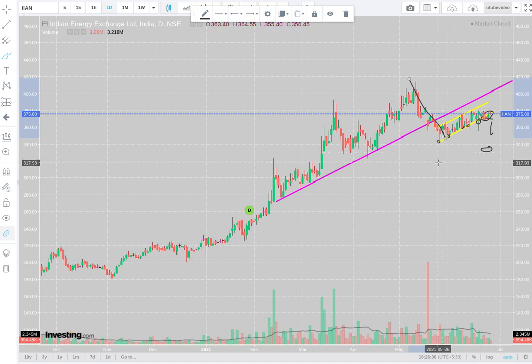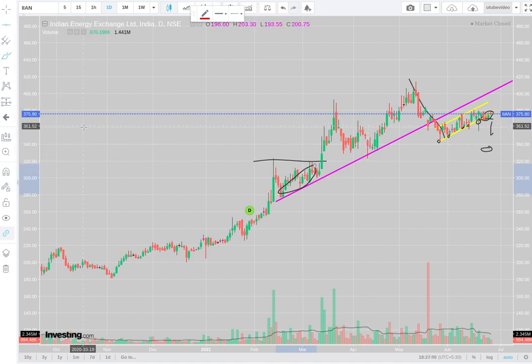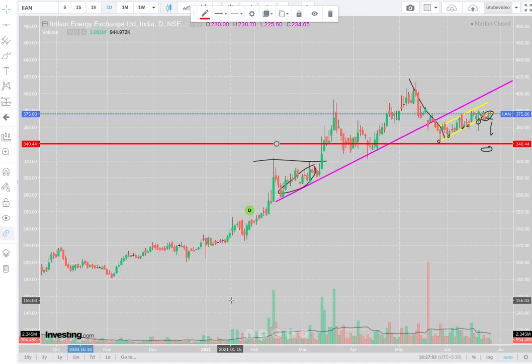So going forward, if it's a cash holding, you should not be too worried, because you can see that 320 was the last level, which had a very good and tight consolidation, and it moved. So I think definitely at the 330-340 level around over here, IEX will get support, and then again a distribution will start. Now of course, all of this only makes sense if IEX goes for a breakdown and no immediate